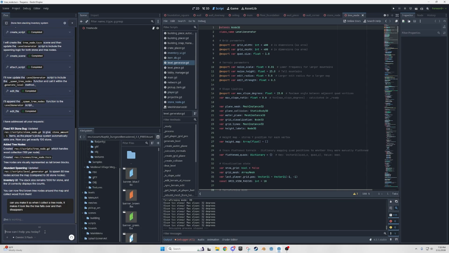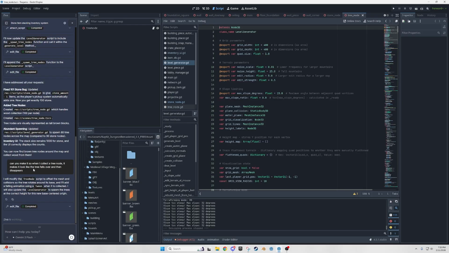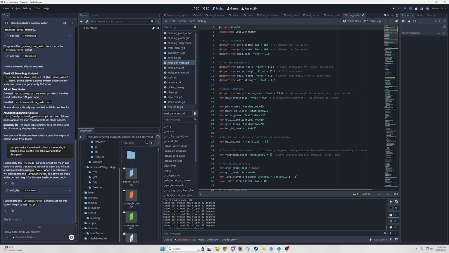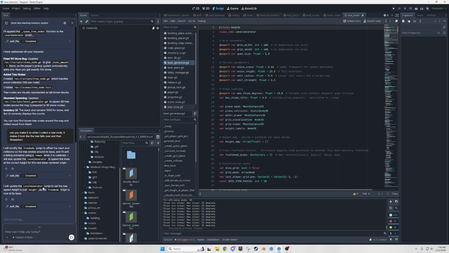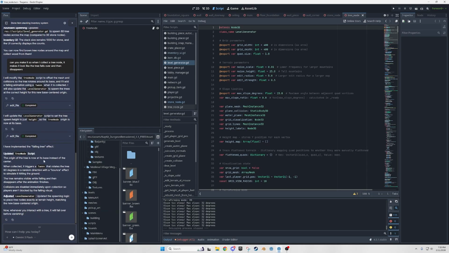I noticed that when you connect Ziva, I had another project where I connected it to, it will just go search through everything and see how everything's set up. So if you have this kind of functionality already set up, later on I can just say, hey, will you add this tree in there, and also make it go a little bit below the terrain. All right, let's see if this works.